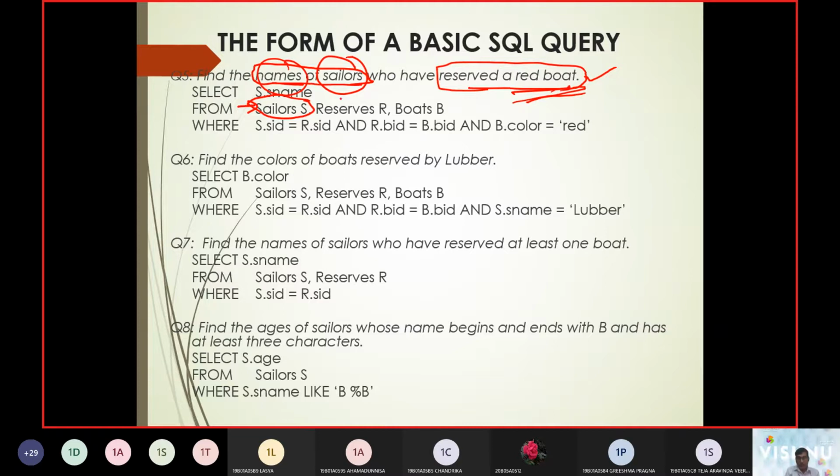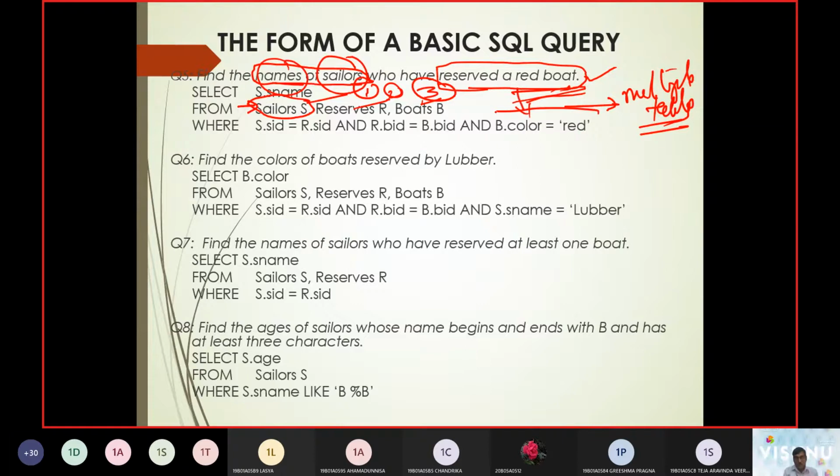Therefore, we have to take up table 1 sailors, table 2 reserves, table 3 boats. So we need to have multiple tables in the SQL part in order to get this executed. As there are multiple tables, we need to verify multiple conditions.